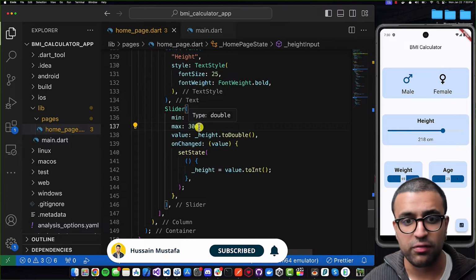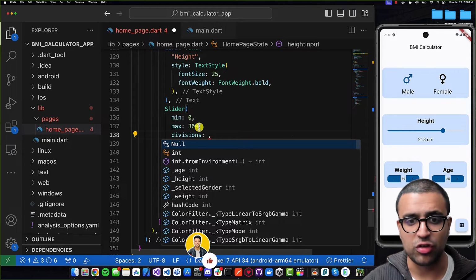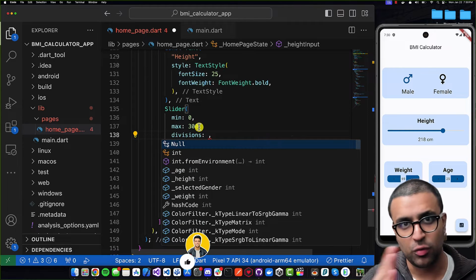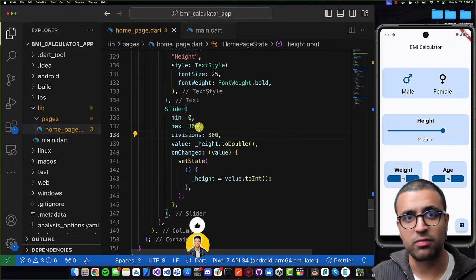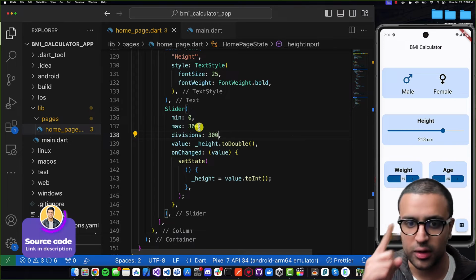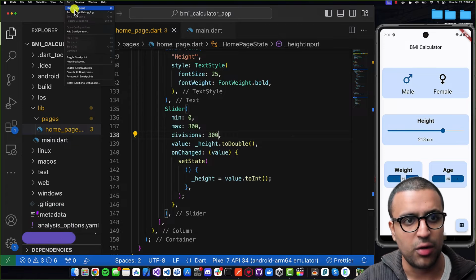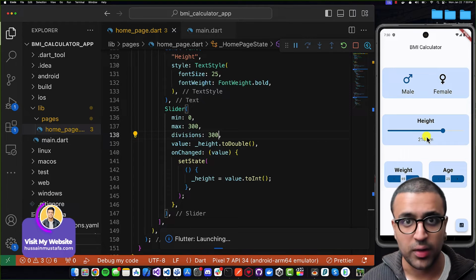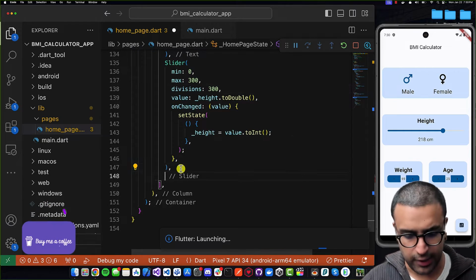And then how many divisions are we going to separate our actual min and max range into? So I want the increments to be in 1 centimeter increments. So I'm going to say that we're going to divide into 300 divisions. So 300 by 300, which means every division is going to be 1 centimeter, or 1, and do command save. So once this is done, I'll start running my application, and hopefully this time we're not going to get any error. And while this is happening, the next thing that I'm going to be doing is actually after my slider,